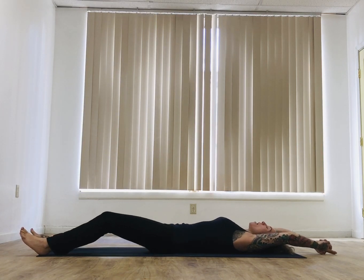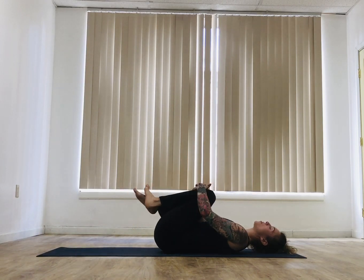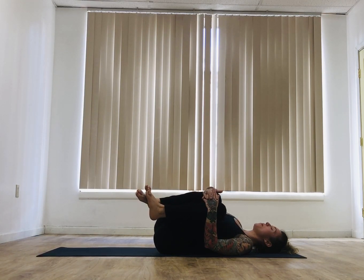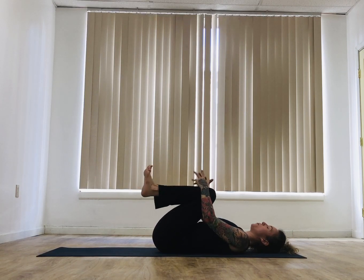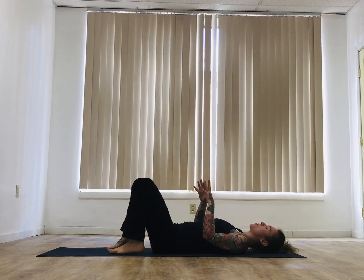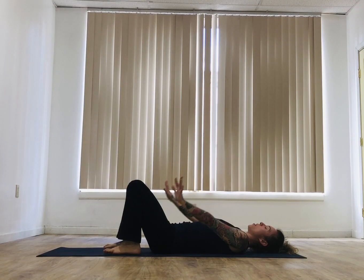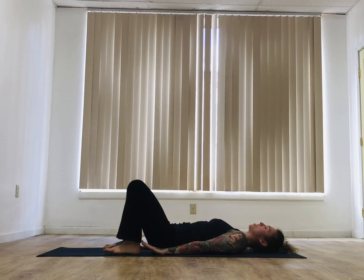Then let's hug the knees in and just take a few rocks from left to right, just starting to iron out the lower back, waking up the spine. Then coming back to center, we're going to set up for a bridge pose. We're just going to release the soles of the feet down to the mat. Feet hip distance, knees hip distance. Then bring the arms alongside the body, palms facing down,